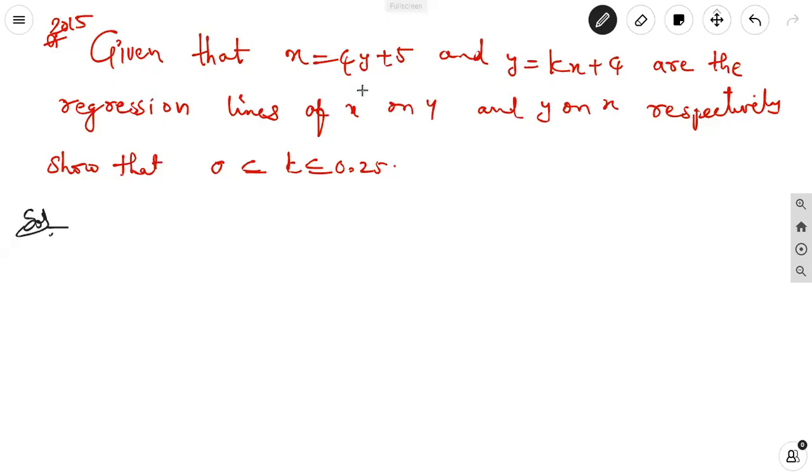Given that x = 4y + 5 and y = kx + 4 are the regression lines of x on y and y on x respectively, show that 0 ≤ k ≤ 0.25. First, we have to take the given lines. Regression lines